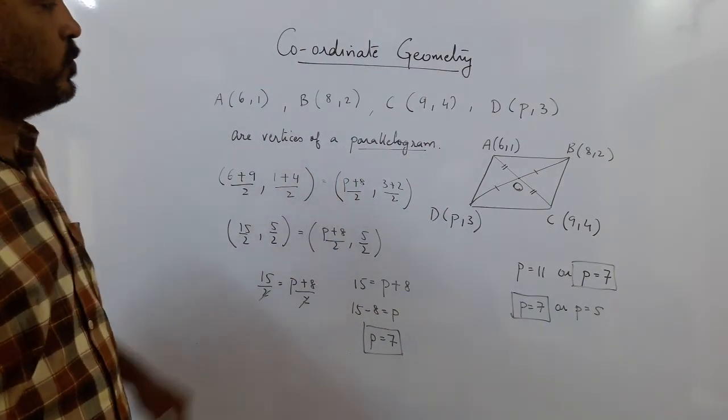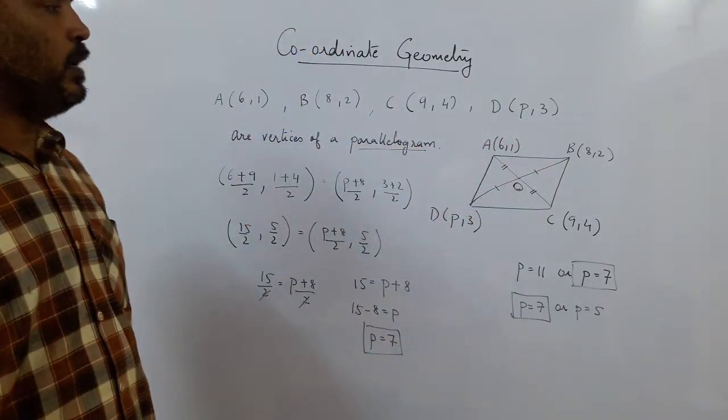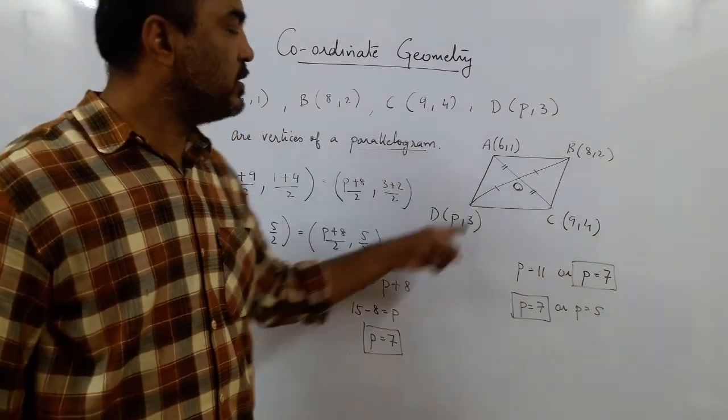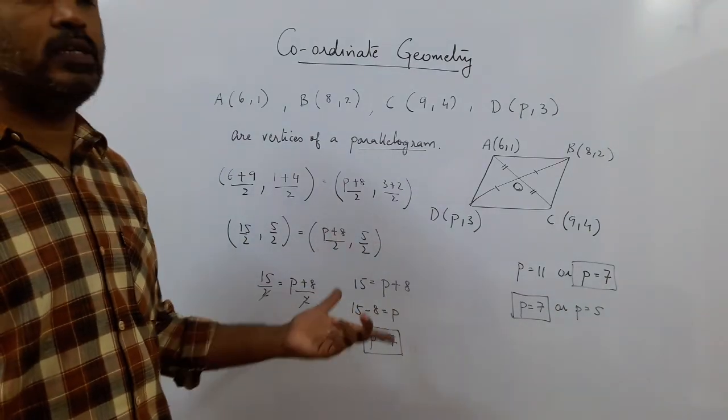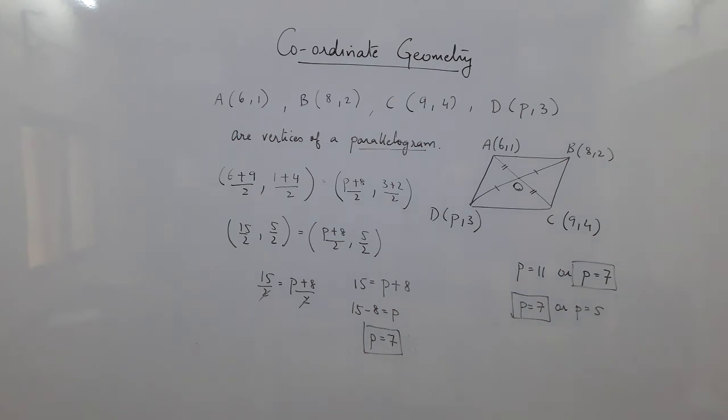I taught you a few. In the parallelogram, opposite sides are equal. Diagonals bisect each other. So you should know this to make use of this formula. So I will end here for today. Two more things to derive: again, the area of the triangle and the centroid of a triangle. But that will be in the next chapter. Till then you can finish the exercise. And any doubts you can revert back to me. I end here. Thank you.